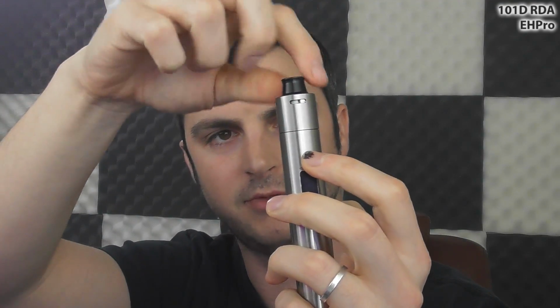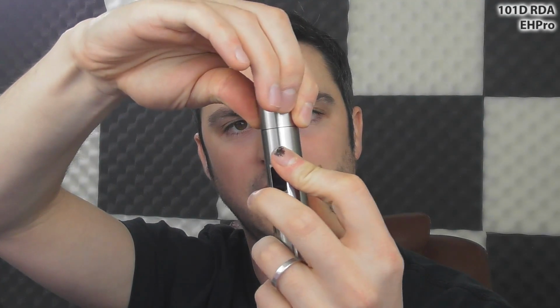This idea of having the airflow controlled by the main barrel rather than having to have turny bits at the bottom, turny bits at the top, separate bits, all as one cap, it seems like a huge sacrifice to me, to have this ability. The fact that you have to perfectly match on the cap to lock it down. When you're building your coil, you can't see where the airflow is going to be until you put it back on. It seems like a huge sacrifice, all that messing around and faffing around, just to have an airflow control that's sort of neatly packed into the thing. It seems like too much effort. In my opinion, it's a bit arse about tit,